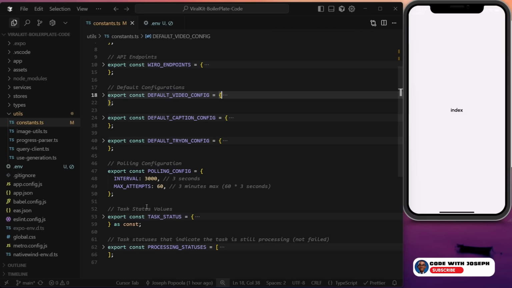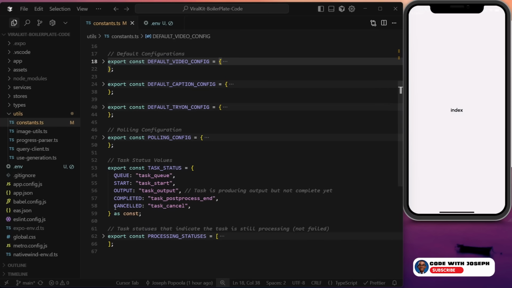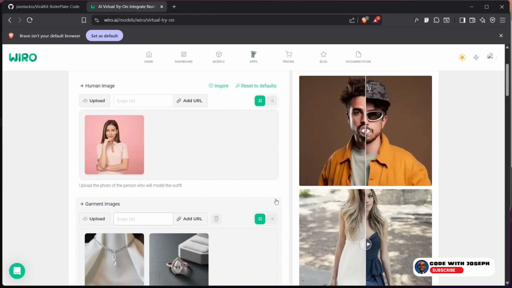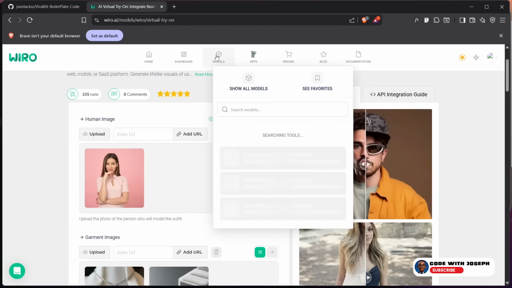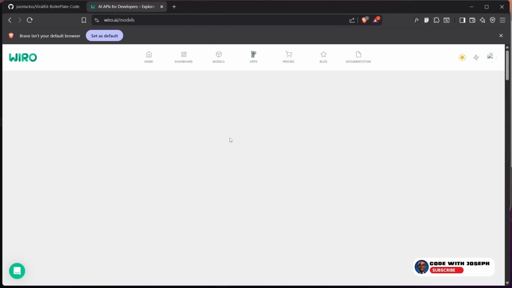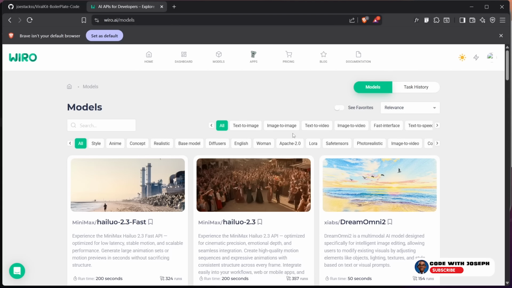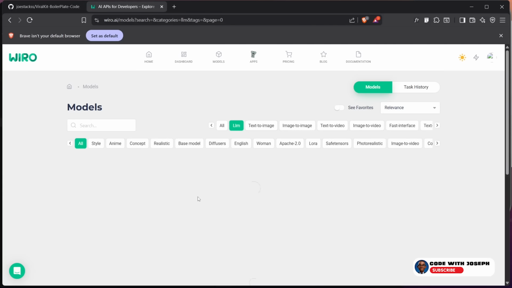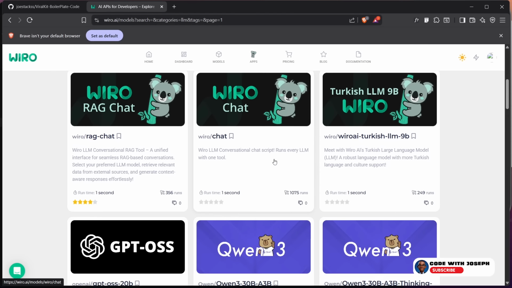Polling config, the interval. So this basically checks how frequently you should update the UI if there is a change. Tag status, tags queue, tag has started. So if I just go to my model, show all models, and if you go to LLMs, I believe. So all LLMs, if I just click on charts,